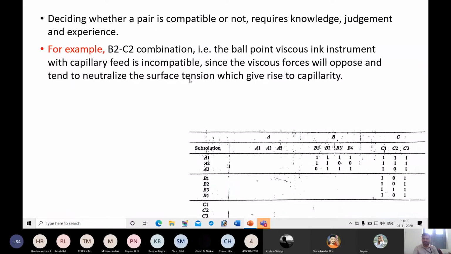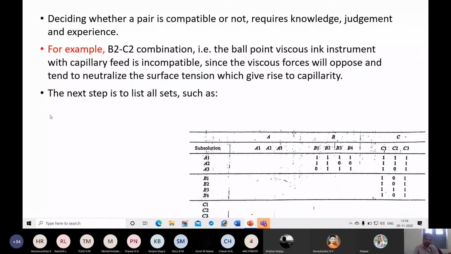Again, this is knowledge that you are going to acquire in which course? Capillarity, viscous forces, where did you learn this? Fluid mechanics. So you have to apply the knowledge you gain in fluid mechanics. Similarly, for some applications it may be knowledge of heat transfer, for some machine design, for some manufacturing science. You have to apply it based on the type of product you are considering as an example.